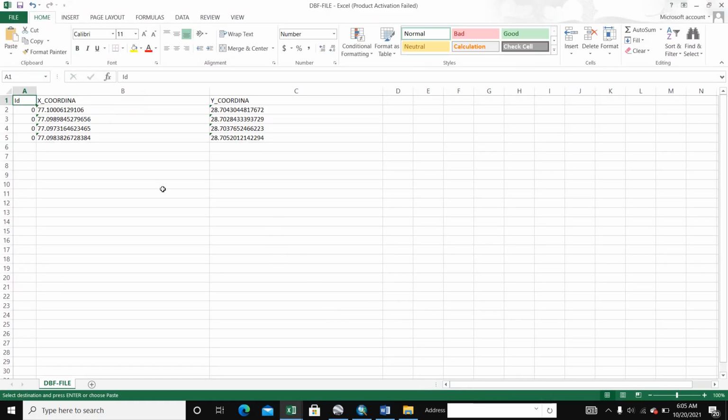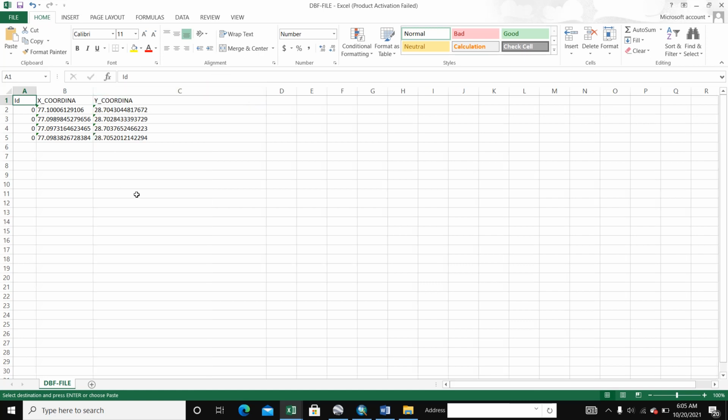You can also double click on the DBF file and it opens.